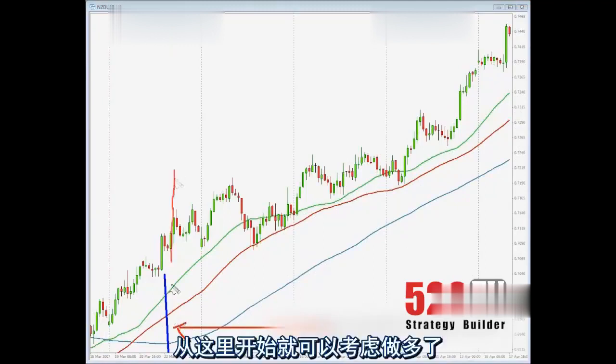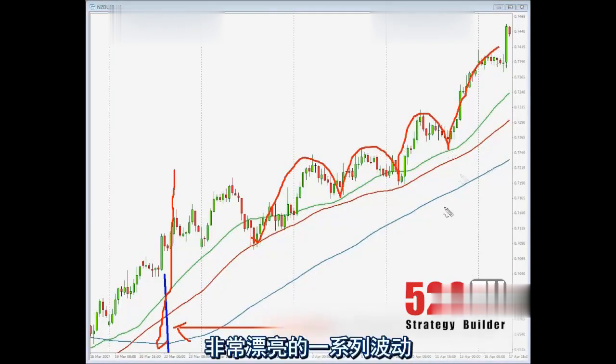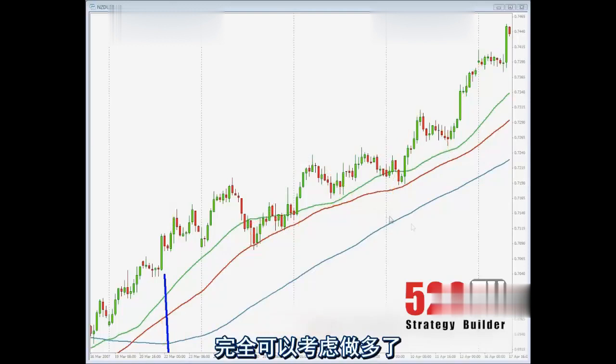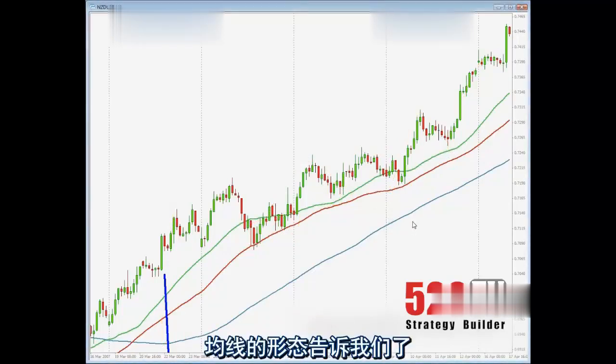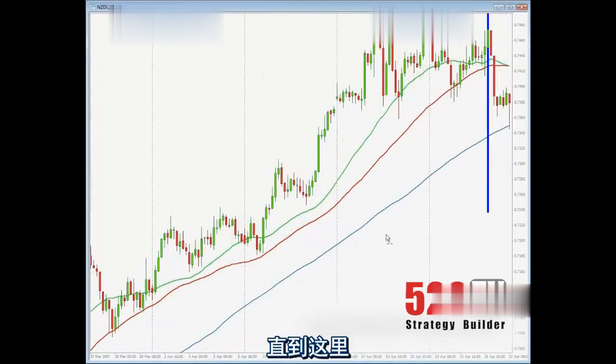Okay, from this point onward, we want to be searching for long entries, long swings. You see those beautiful swings of the dynamic area of support? Okay, you see that beautiful swing information. You want to be searching for long entries there. No shorts. Okay, forget about shorts. Your moving averages are telling you to go long, so search for long entries, and all the way up to